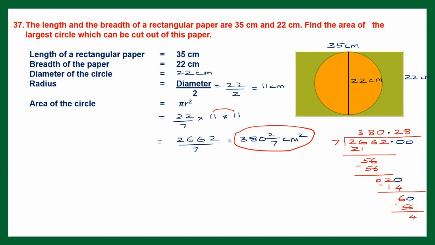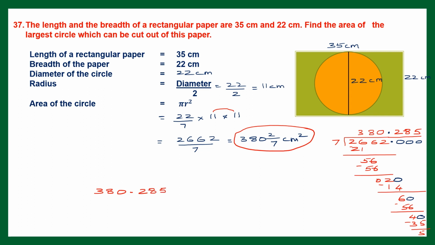You can add one more 0, bring down that 0 down here. So now the number is 40. So here what do we write? 7 fives are 35. 40 minus 35 is 5. So this division will go on and on. So we can stop here. So we have now